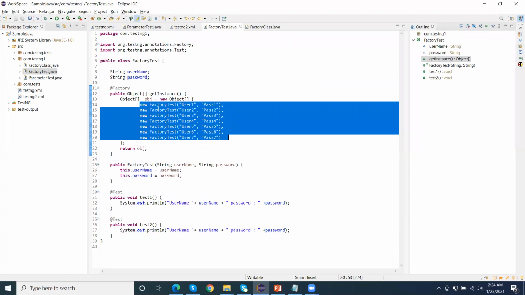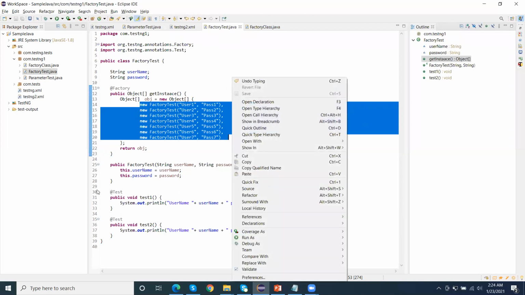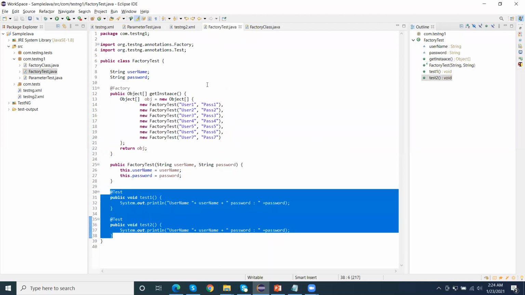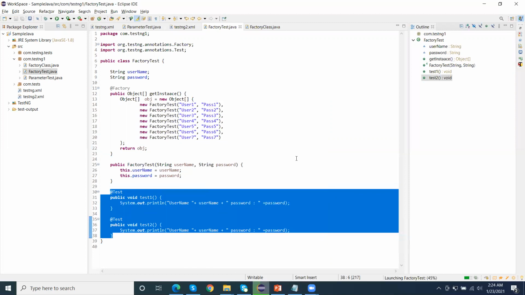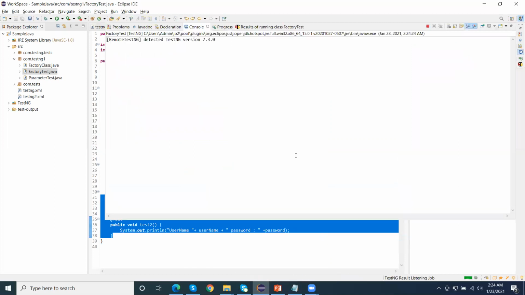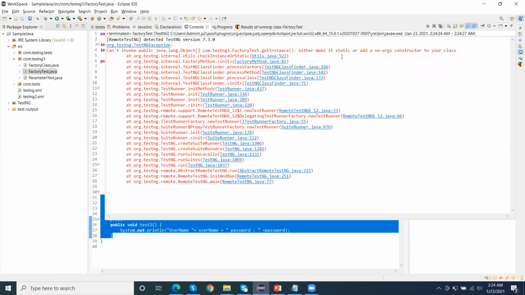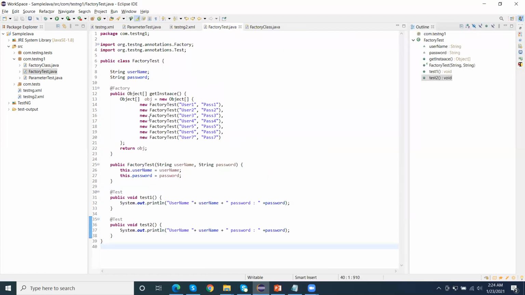It means this will execute 7 into 2 equals 14. But we have 2 more tests here directly in the factory test. Let me show whether those will execute or not. We need to create this as static.